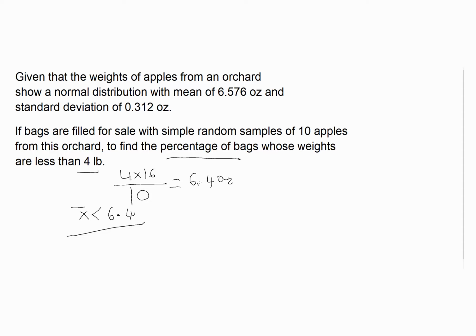So we know this, that if we take simple random samples from a normal population, and we look at the distribution of the sample means, then the sample means will have the same mean as that of the population mean, but the standard deviation would be what? The standard deviation would reduce by a factor of square root of sample size. In this case, it would be 0.312 over a square root of 10 ounces. So that will change. So now all that we have to do is we can go to our TI calculator,